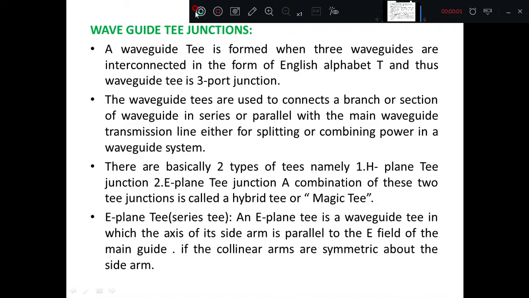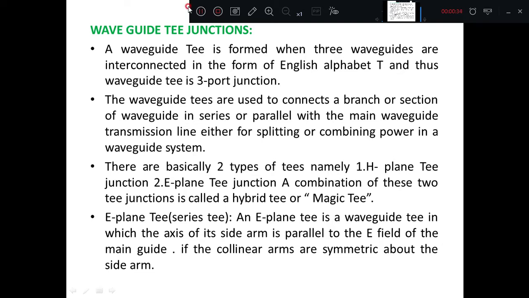Here we learn about the waveguide T junctions. As you know the meaning of junction, which is the point where multiple components or devices are getting connected, and waveguide T is nothing but a device where three waveguides are interconnected in the form of the alphabet T, and thus the waveguide T is a